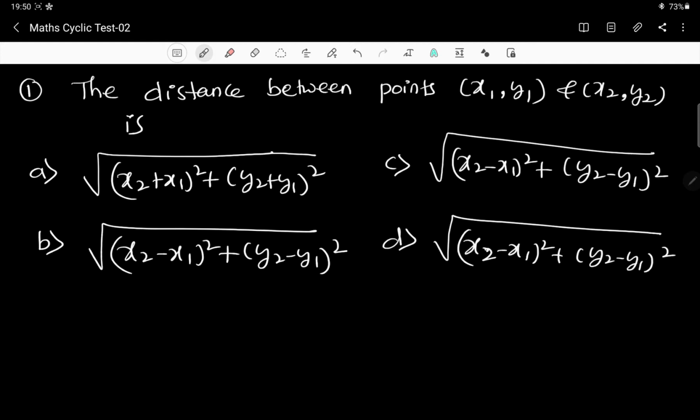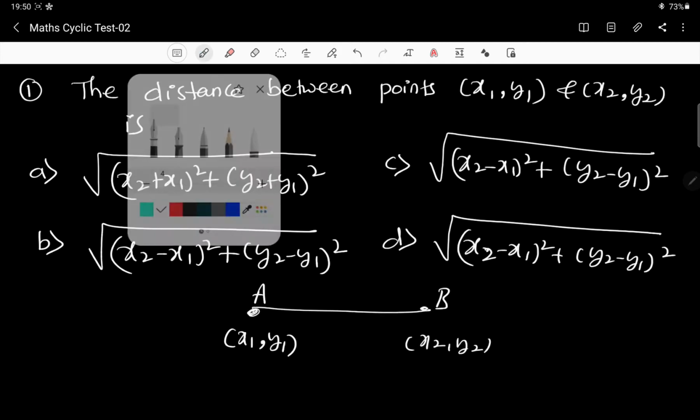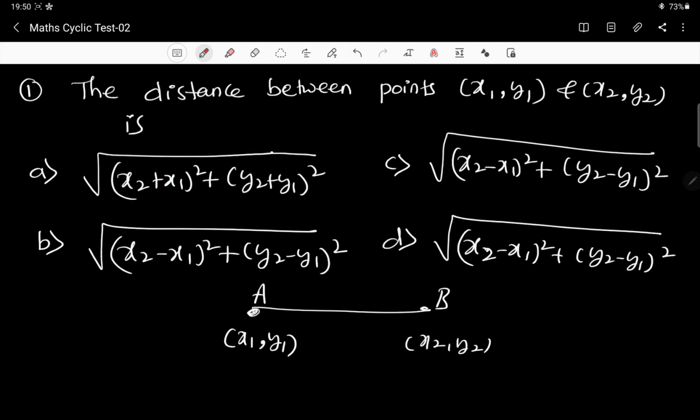So when I saw this, even I was like, what happened here? Because look at this, all these are correct, because any 2 points are given. One point is A, another point is B. Now this is with coordinates x1 y1, and this is with the coordinates x2 y2, which means the distance formula. Look at this option, and this option. All these options become correct. Now this is the only option which is wrong.